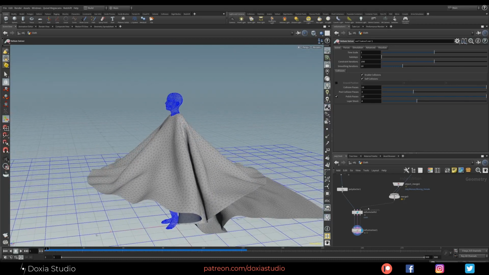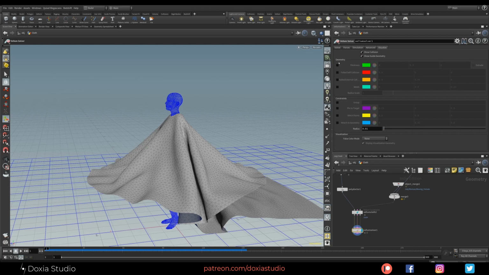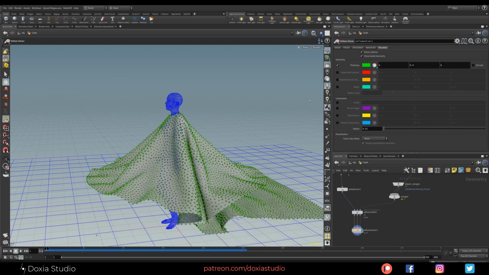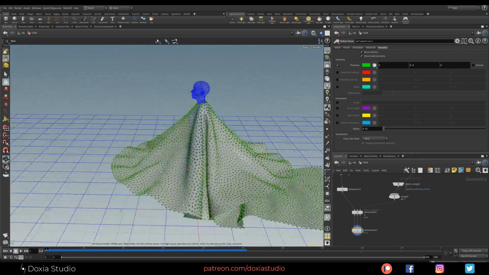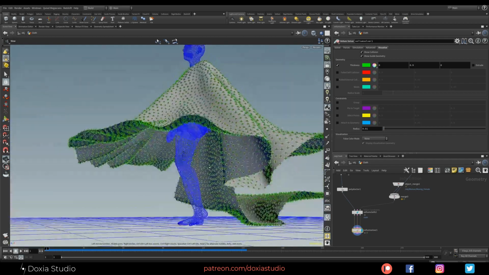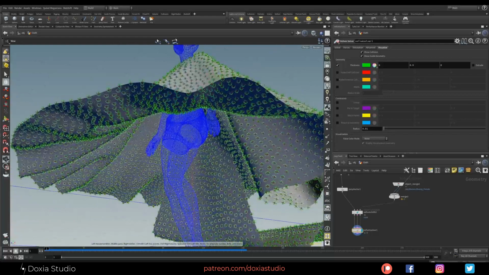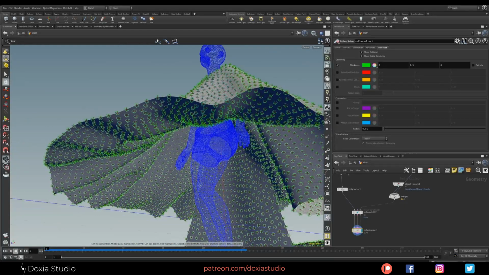One thing I want to let you know is, it's not really a trick, I was calling it a trick, it's more a tip. Always check the thickness. By checking this box you can see the size of our thickness, and this shouldn't be really big.